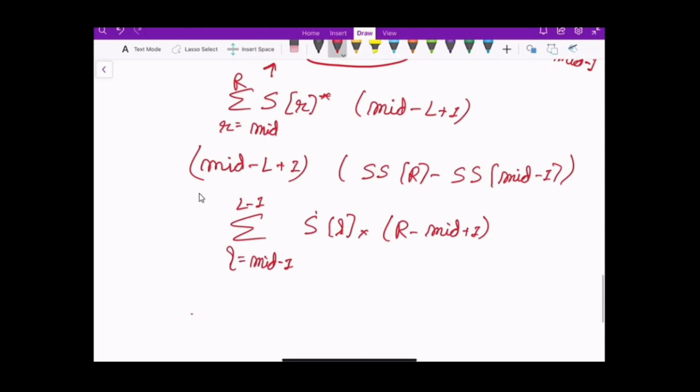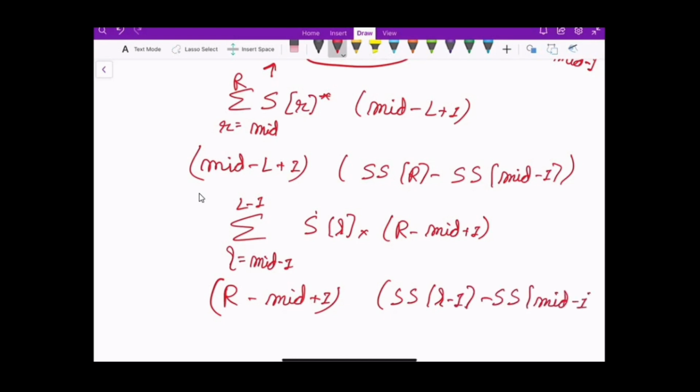Again taking the common out, and using the SS array, this will be (R - mid + 1) * (SS of mid minus 1 minus SS of L minus 2), because the prefix sum from L to R is the prefix sum till R minus the prefix sum till L minus 1. So I will take this sum and subtract the other sum, and the difference will give me the total sum.